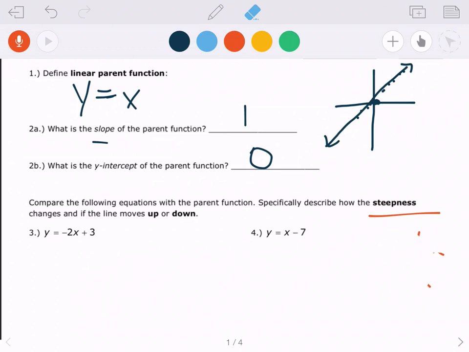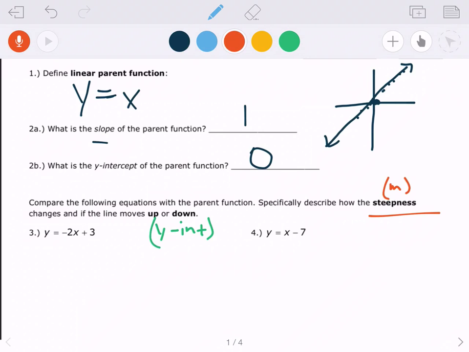So the slope is what affects the steepness. And then if the line is shifting or moving up or down, the change in the y-intercept is what is going to shift my line up or down. So if we look at number 3,